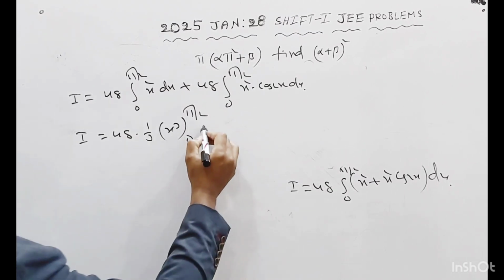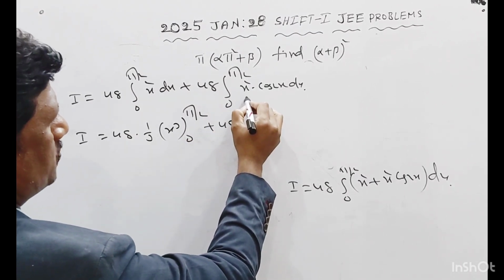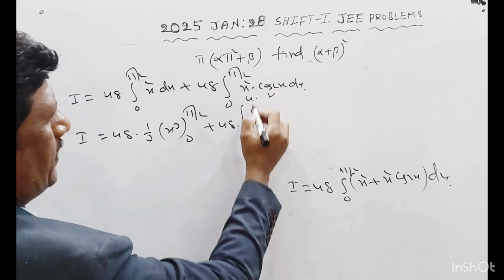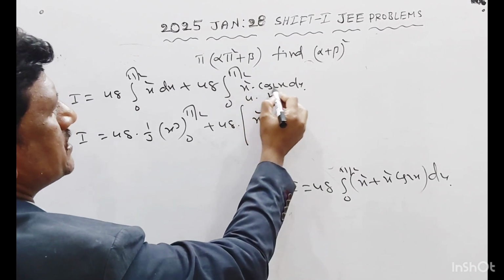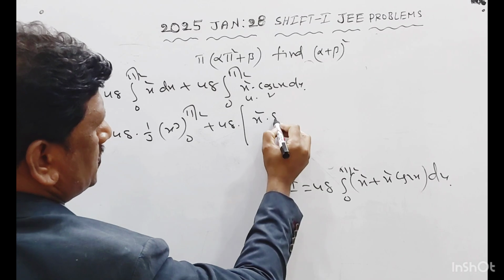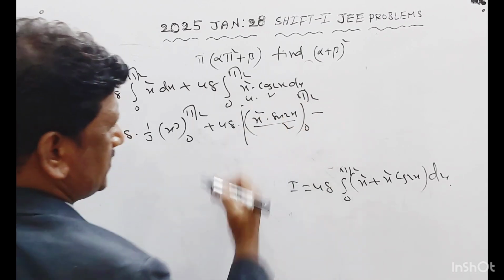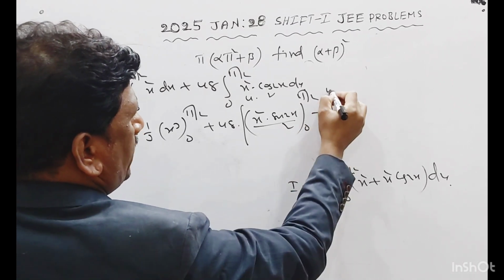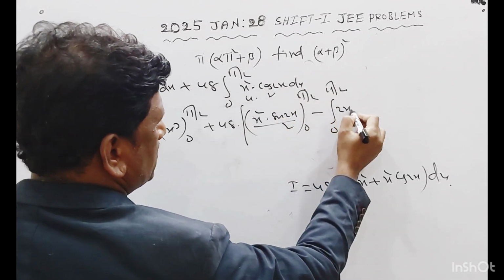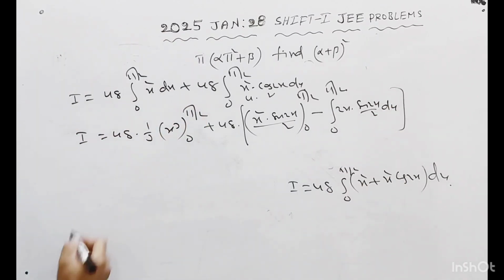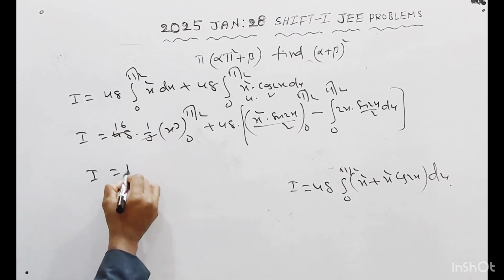Okay, right? After that plus 48, this is integration by parts, the UV rule. As per integration by parts, you write the x square as usual. Now integration of cos 2x is sine 2x by 2 with limits 0 to pi by 2, minus integration of 0 to pi by 2, derivative of x square is 2x into sine 2x by 2 dx, like this will come. So this will go 3 1 jar 3 6 jar. Then here I is equal to 16 into